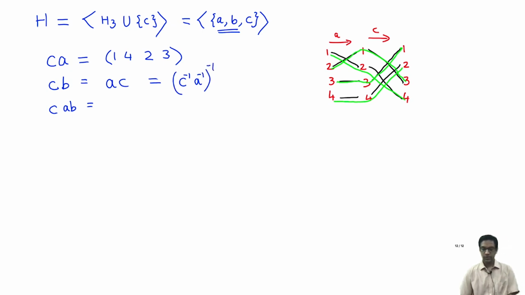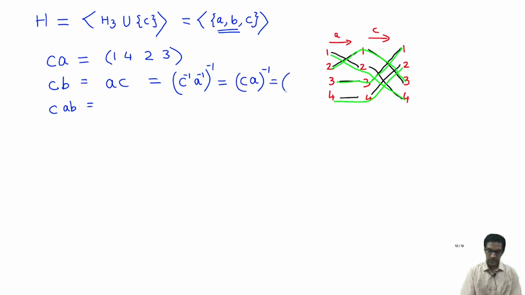Okay, so this is how inverses work, right? I have to swap the order, then take inverses. But observe that A and C had squares equal to identity, which means A and C are their own inverses. So this is just (CA) whole inverse. Now I know what CA looks like, and the inverse of a 4-cycle is obtained by reading the cycle in the other order. Instead of clockwise, you read it counterclockwise.